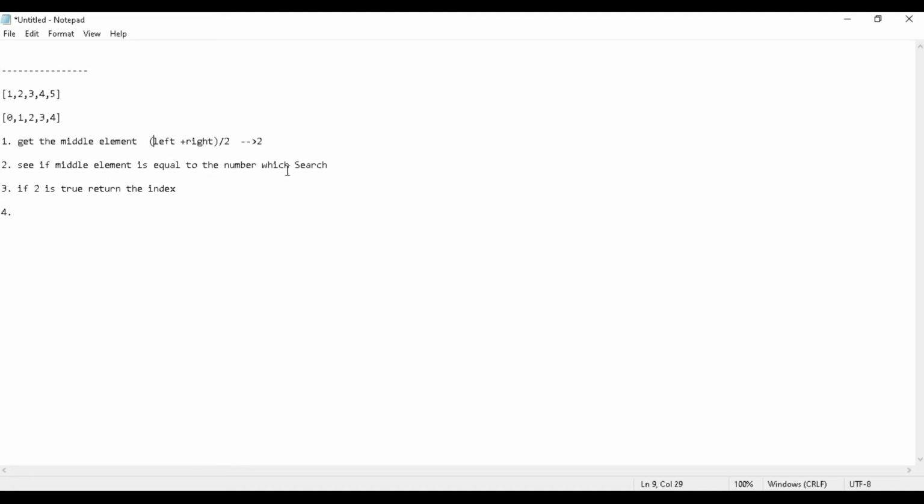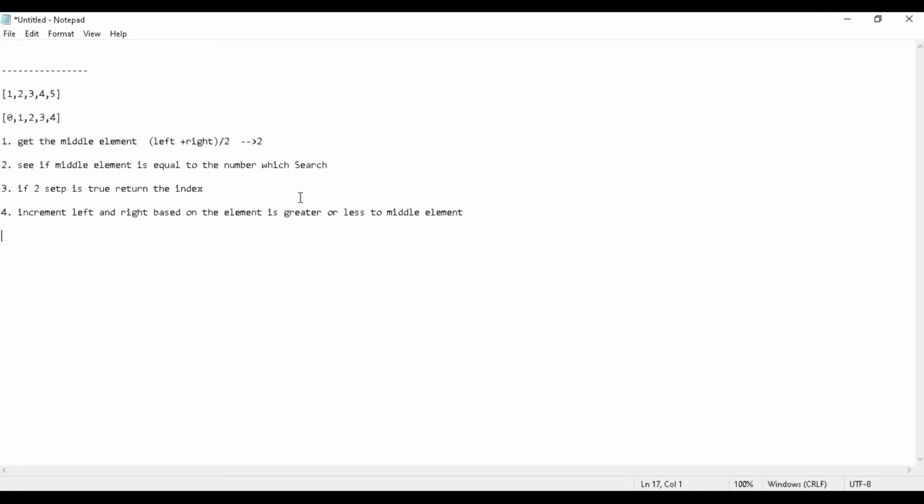I check if the middle element is equal to the number which I'm going to search, and if it is true, then I return the index. Otherwise I need to update left and right based on whether the number is greater than or less than the middle element.